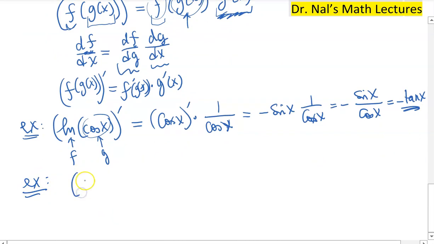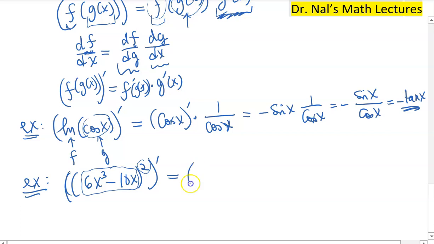Say, for instance, you want to take the derivative of 6x cubed minus 10x, squared. So you want to take the derivative of this expression. This time it's as if the outside function is the square function, the x squared if you want, and this is the inside function. Do you guys see that? So we'll just take the derivative of the inside, which is, let me do it in 2 steps, 6x cubed minus 10x. We'll take the derivative of that times,